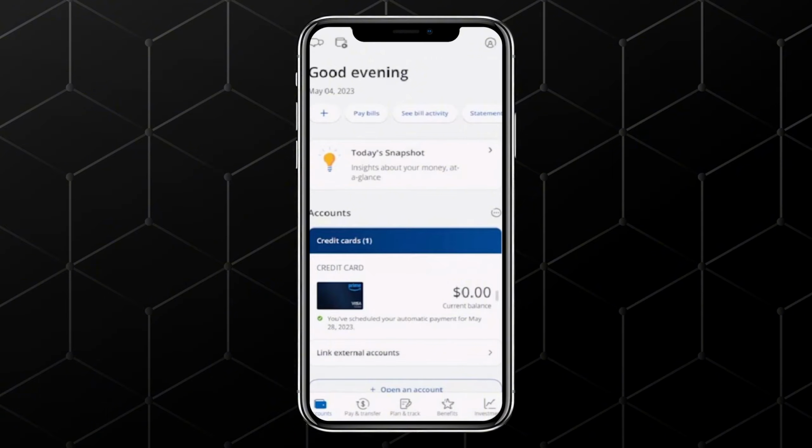First, open the Chase app on your mobile device and log in to your account. Once you're in, there are a couple of ways to access your card information. The fastest method is to swipe over at the top of the screen and look for Statements and Documents. If you don't see it, you can also tap on your credit card account and then navigate to Statements and